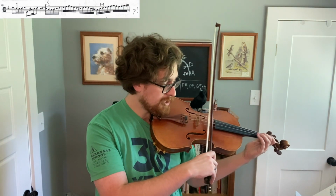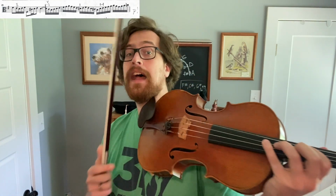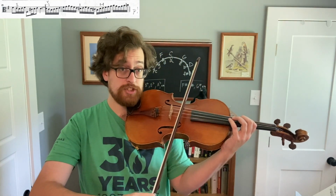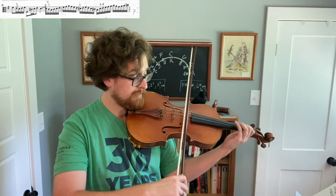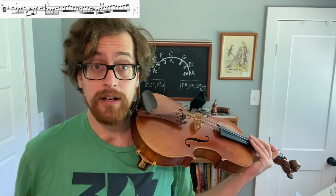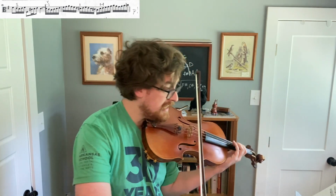So I play an F sharp and then go up to third position, 3, an E, third finger on E, F sharp, and then I'm reaching back for the F sharp on the C string, which is just that octave. And then you have C sharp, which is a fifth over D. So all together it sounds like this. Right? It's one fingering. There may be a different fingering that works better for you, but this is the one that works for me. So we end up on this dotted quarter note D on beat 3 of measure 28